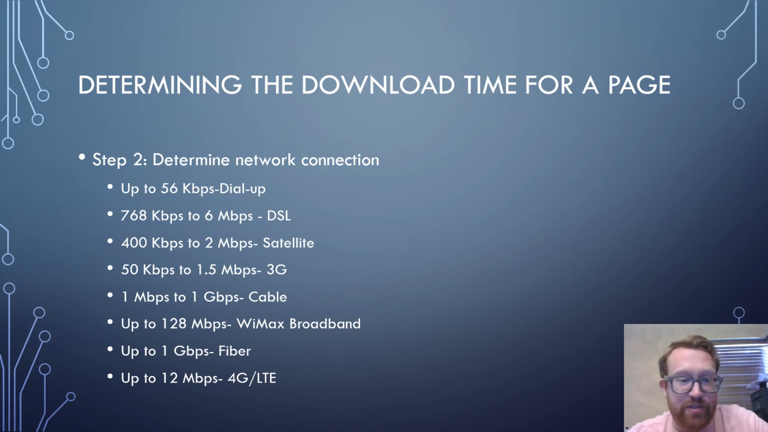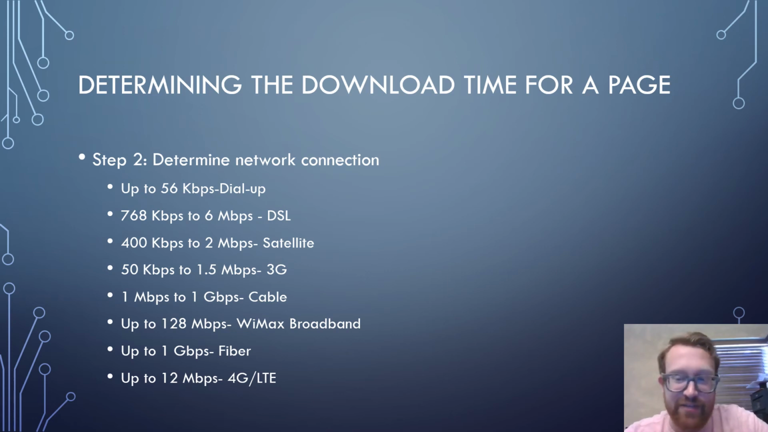50 kilobits per second to 1.5 megabits per second is 3G. 1 megabit per second to 1 gigabit per second is cable. Up to 120 megabits per second is WiMAX broadband. This is broadband connections. Up to 1 gigabit, gotta correct myself, you'll see why,